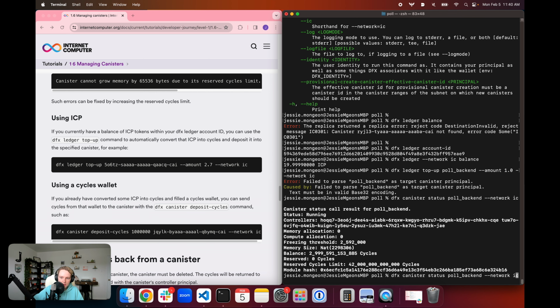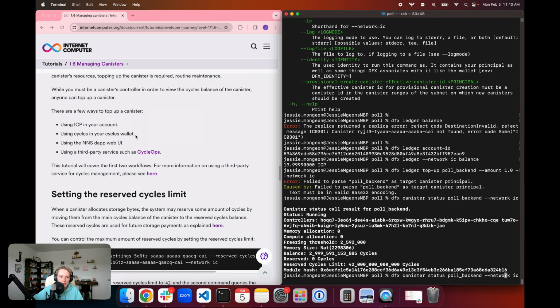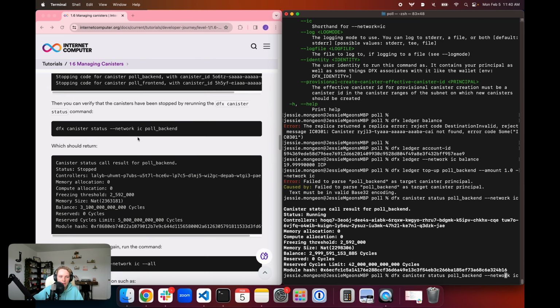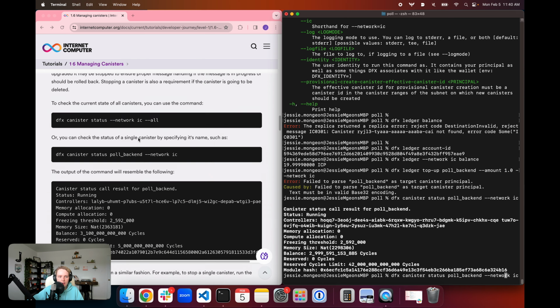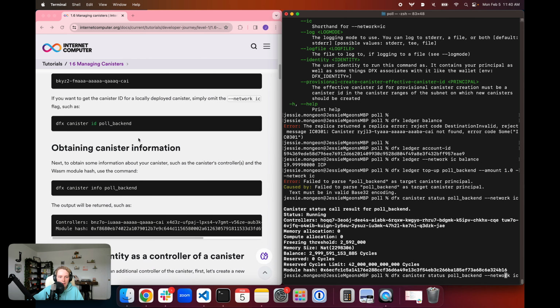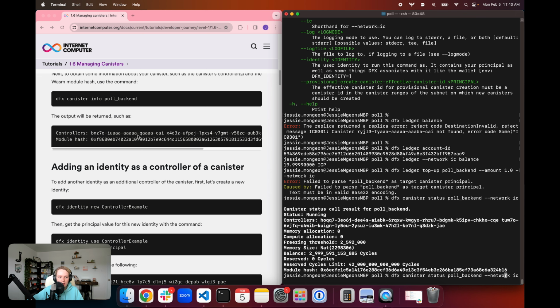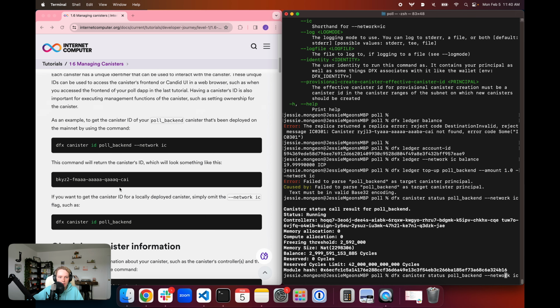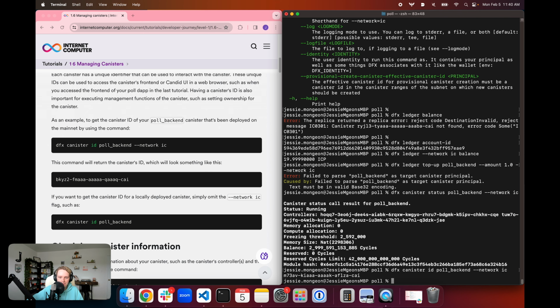We need to go back to our first step up here, where we got the canister's information, where we got the canister's ID. So DFX canister ID, pull backend, network IC. So we'll take that canister ID, and now we'll go back